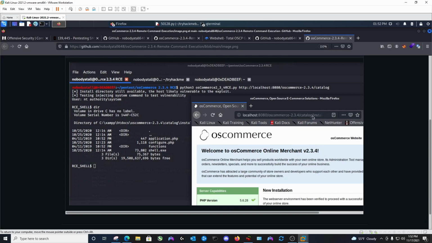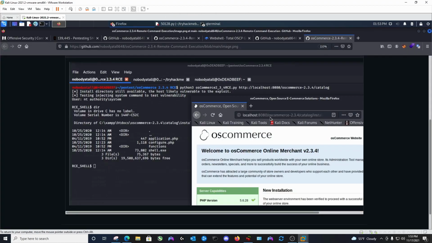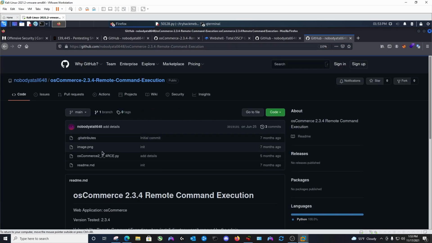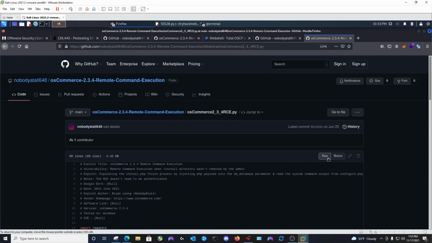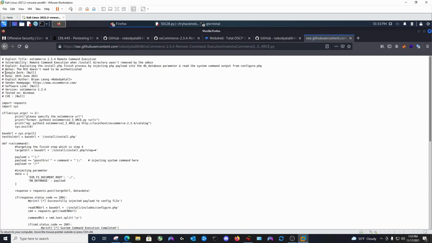But basically, at the catalog install page, let's go back to our terminal, and make sure it's the same as his. So Python 3, it's using Python 3, and HTTP at the catalog subdirectory. I copied my exploit directly from his page. You can find that right here, and then you can copy this and go to raw. You can copy this,